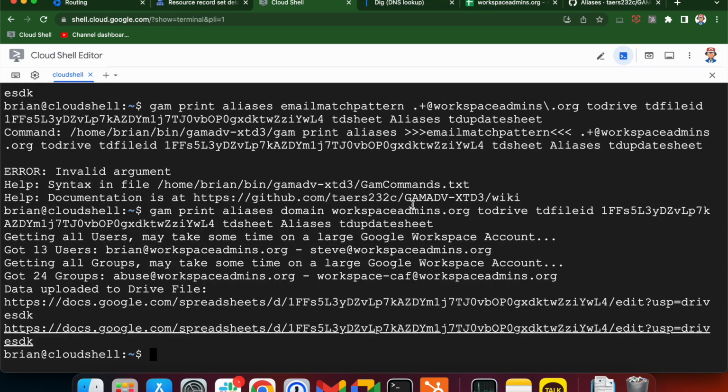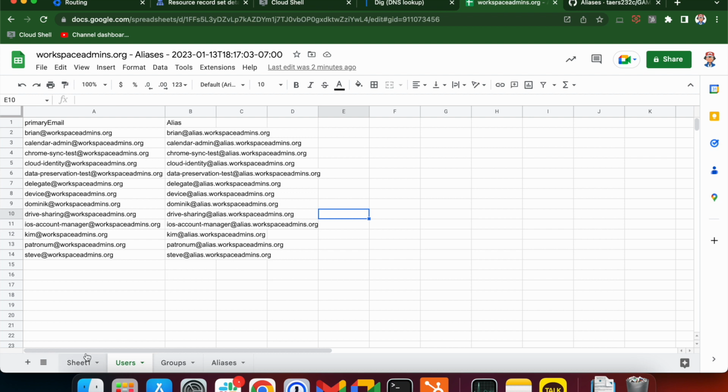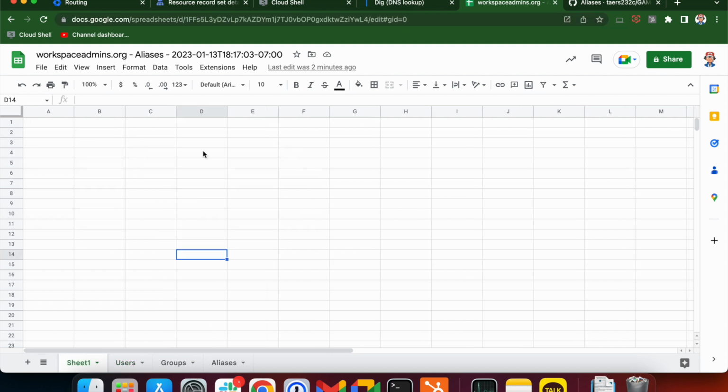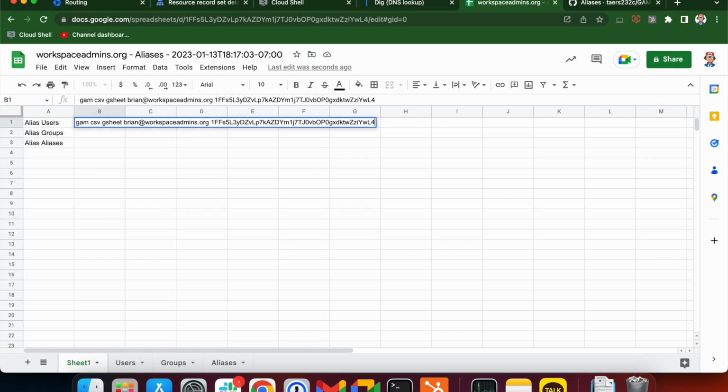So let's go back to Cloud Shell. Or what I like to do is generally prepare GAM commands in advance. So let's do that actually. So we can just copy and paste it. So alias users, alias groups, aliases. So GAM CSV G sheet. My username is Brian at workspaceadmins.org, but that should be pre-filled, but I'll just type the full email address here. And then spreadsheet ID users,